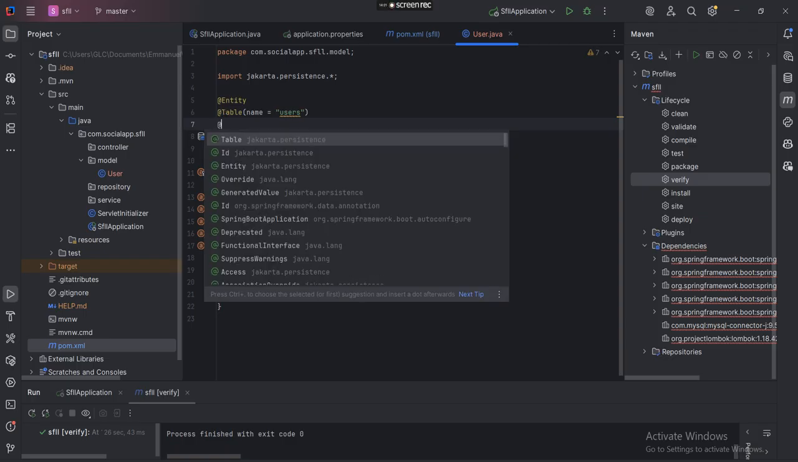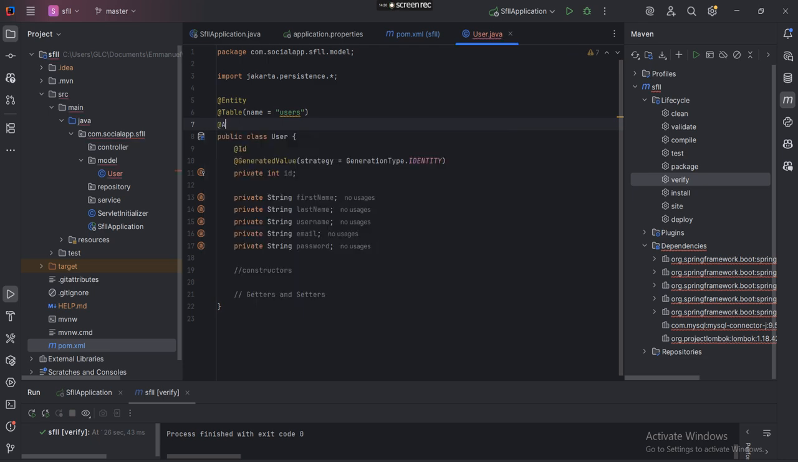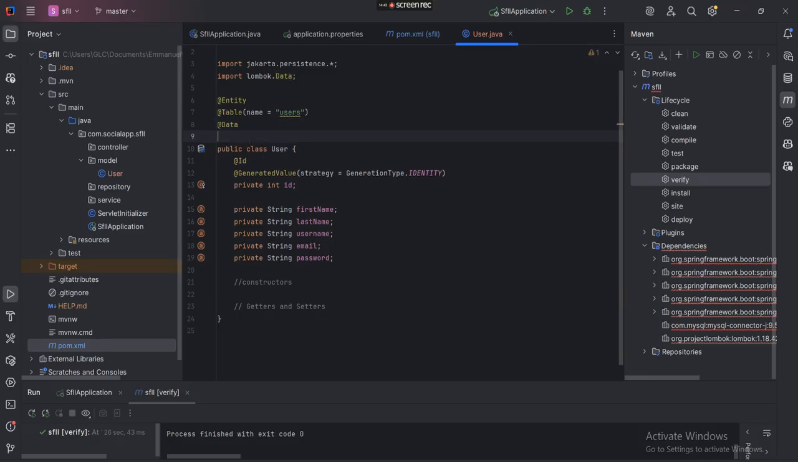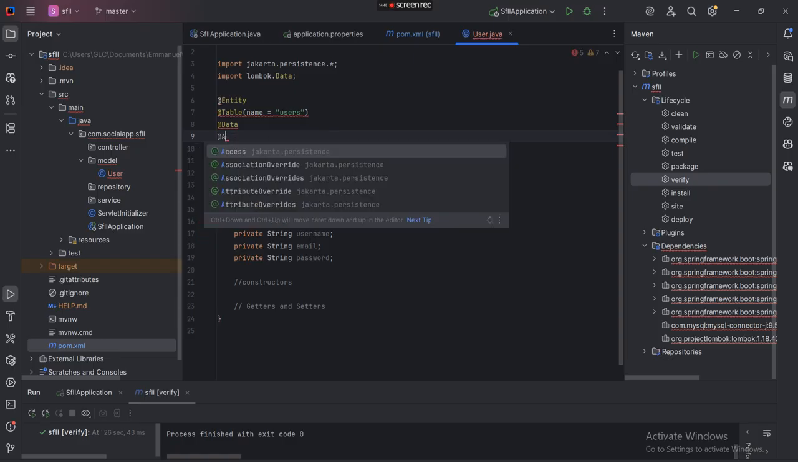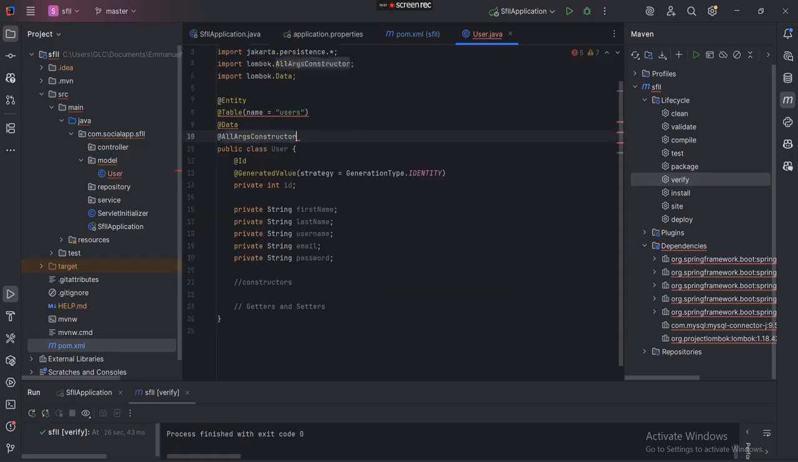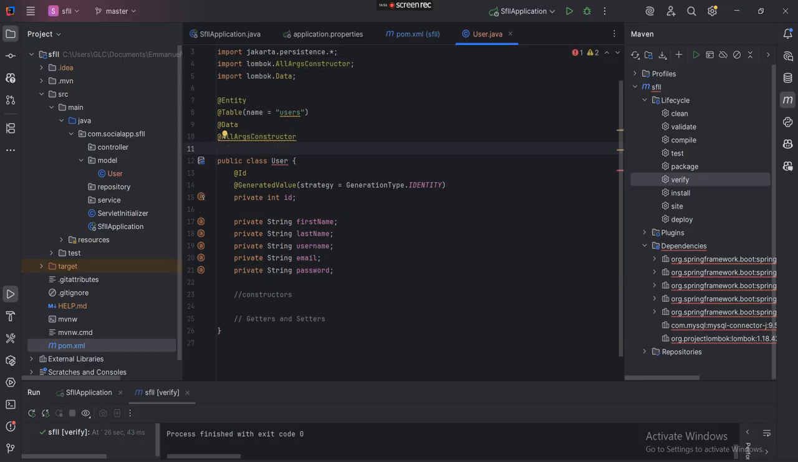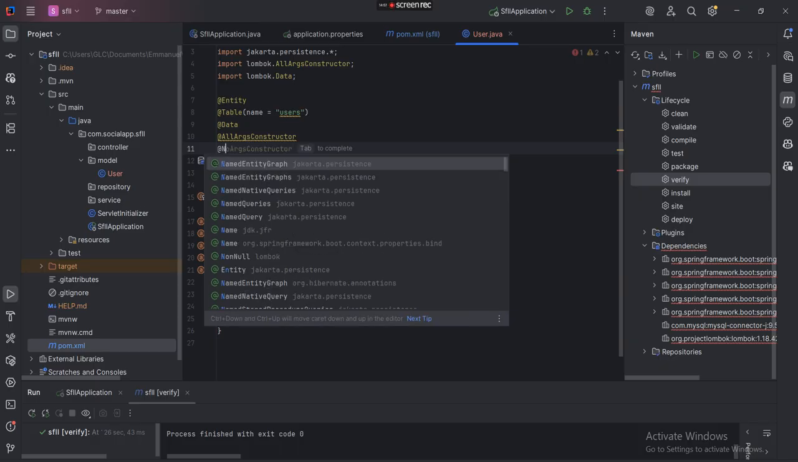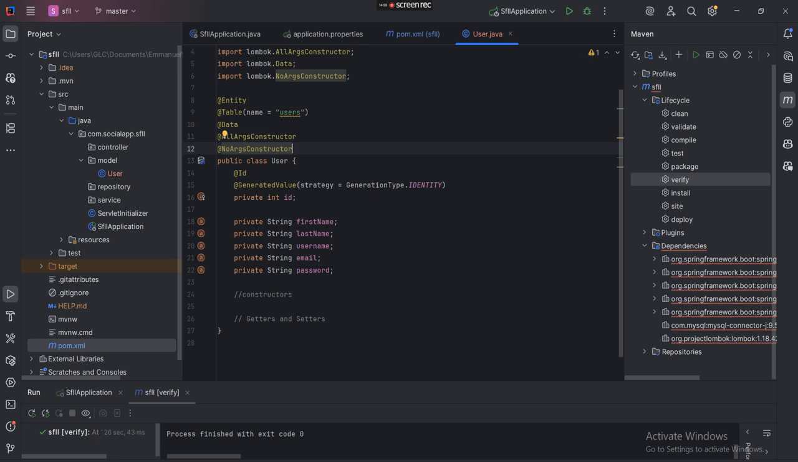very interesting annotations such as AllArgsConstructor. You can just have a data class, right? So that's going to import from Lombok @Data, and that's going to give you a lot of things like toString. We can also have AllArgsConstructor, and also have NoArgsConstructor. So we have the NoArgsConstructor first before the AllArgsConstructor,